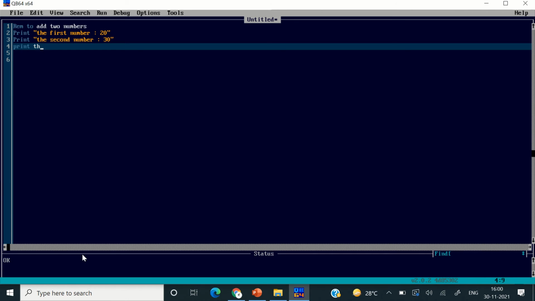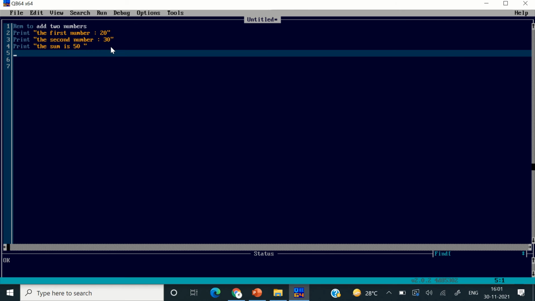Print the sum is. Is it getting highlighted? No, that means I'm making an error. Print, I should always write within quotes. See, here this has already been used. Print the sum is 50. I am not making it correct. That is why there is no OK symbol. If I write it like this, and if I go forward and add my quotes, then it is showing OK. Clear? This is how we are going to verify, and this is how it verifies line by line.